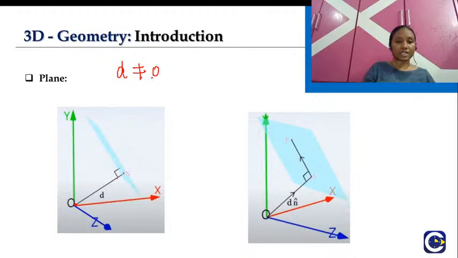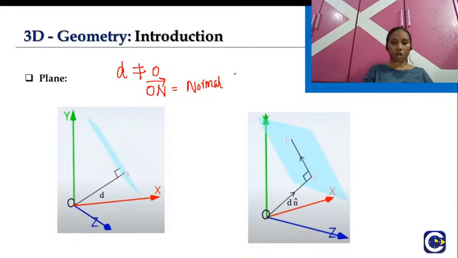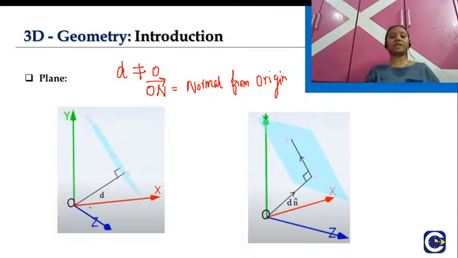And then if you see this line, let me take the position vector ON bar, because this is my point N and I am taking it with respect to the origin. So I can write it as the position vector ON bar. This is nothing but my normal, that is, my perpendicular line to the plane, so normal from origin. So first, we have taken our three axes X, Y and Z, and here I have taken a plane. To that plane I have dropped a perpendicular from my origin, which is ON, that is a position vector ON bar. As it's a perpendicular, we can say it to be a normal